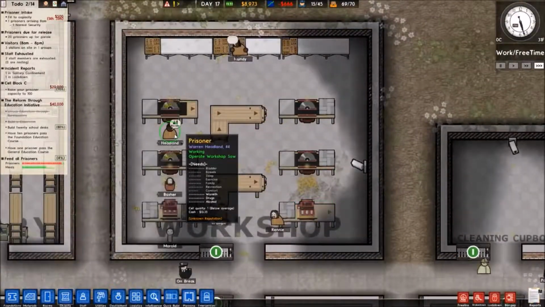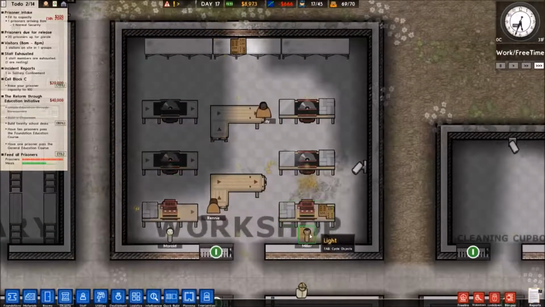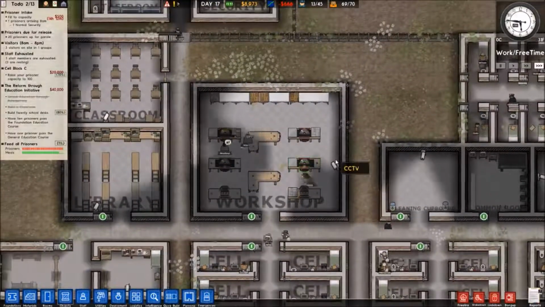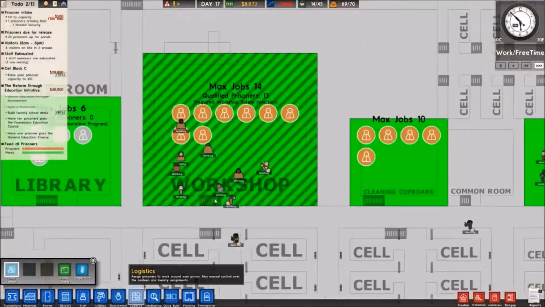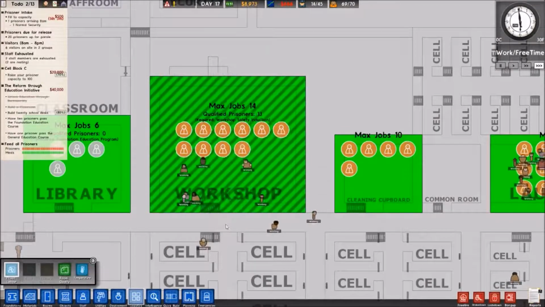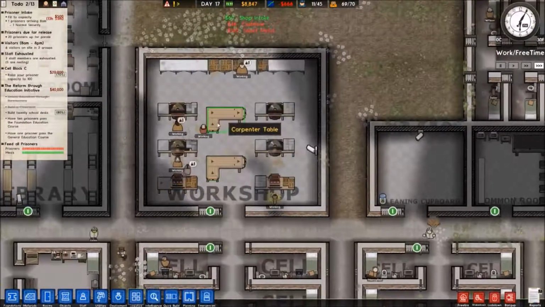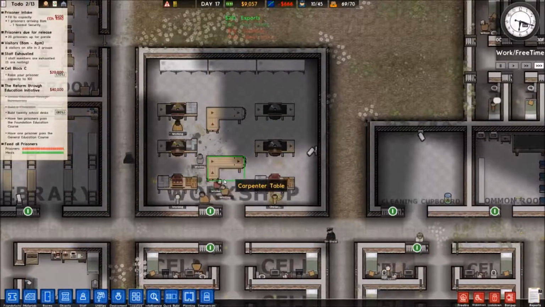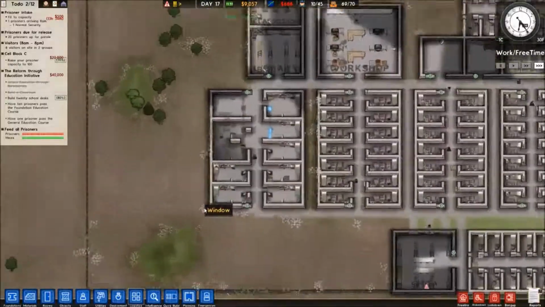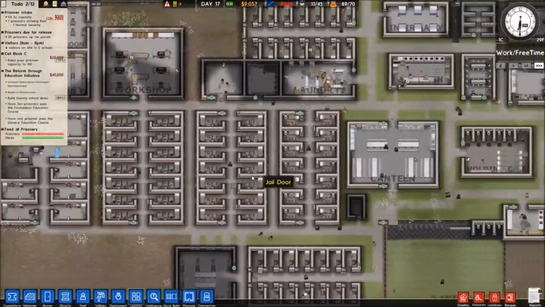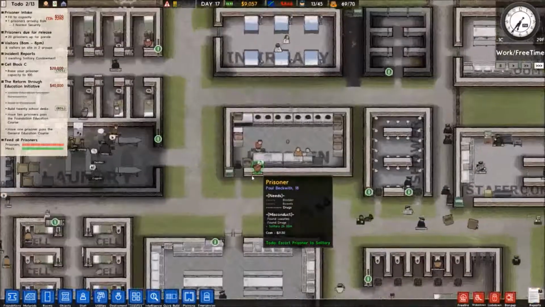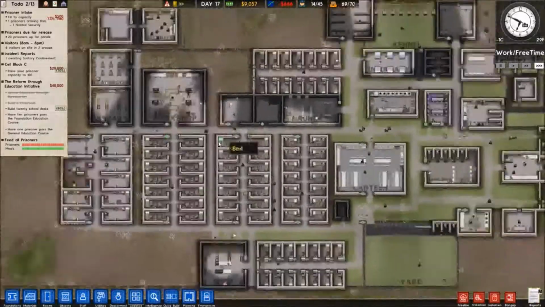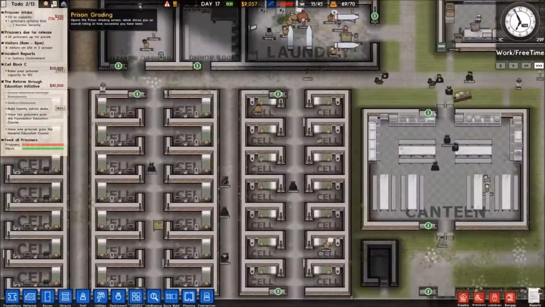How is everyone doing right now? Everyone is working. They're doing what they need to. They're not feeling well, though. But they're making me money. As long as you're making me money, whatever. Whatever, dude. Make me money, and I'm happy. Just make me that money. I want that hot cash rolling in, allowing me to build these luxurious super cells for the cool kids. That is what your labor is funding, people. Luxurious super cells for the cool kids.